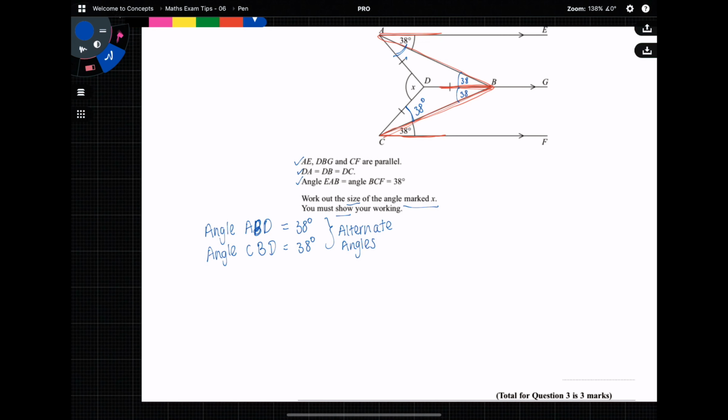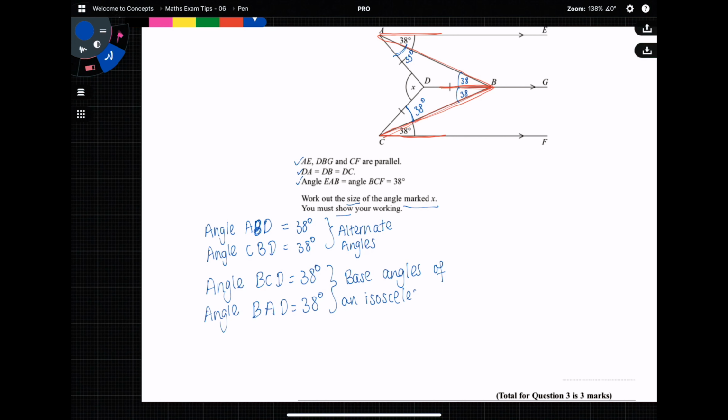38. Tell the examiner angle BCD is 38 degrees and angle BAD is also 38 degrees because the base angles of an isosceles triangle are the same. Okay, so now we need to work out